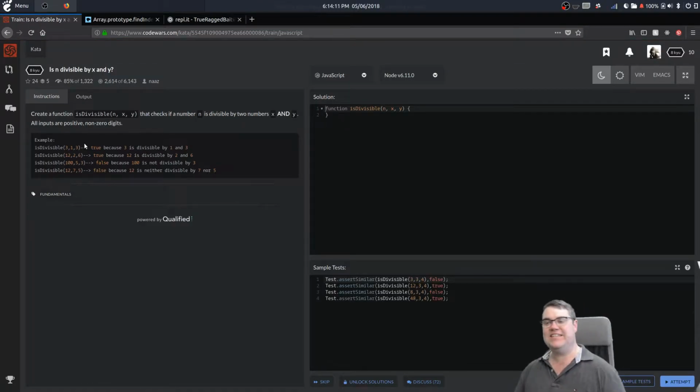Is n divisible by x and y? Create a function is divisible that takes n, x, and y that checks if a number n is divisible by two numbers x and y. All inputs are positive, non-zero digits. Well, I mean, sure,